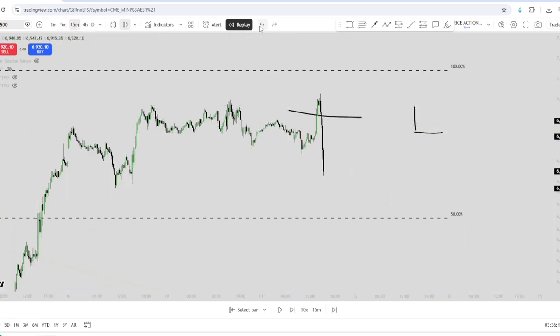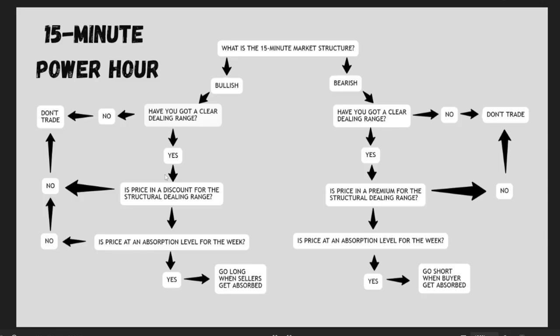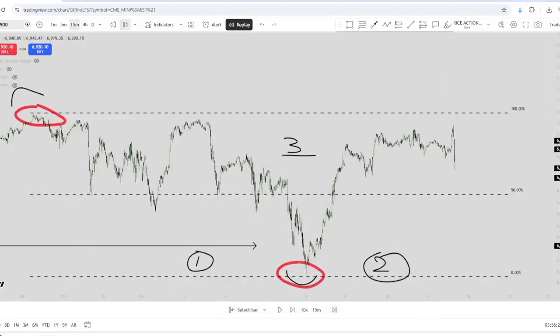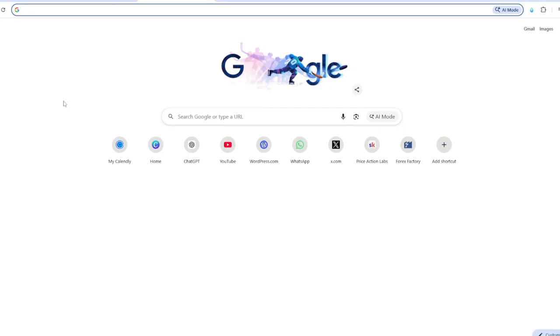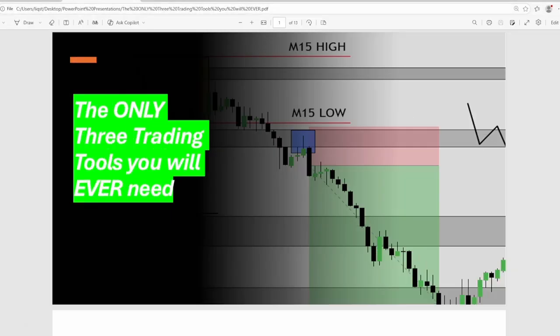Now, the mistake that I see traders make is they try to jump into trades without having the narrative in place. The narrative comes down to this flow chart over here. Your narrative simply comes down to how well you can read markets. Very important to understand that. How well do you read markets? How well do you understand the story? So let's break this one.